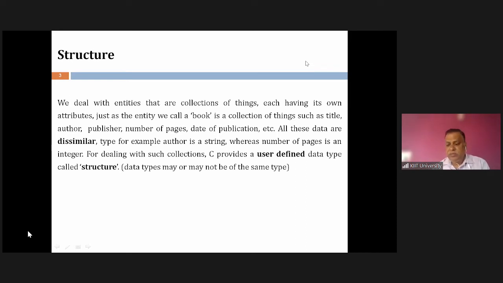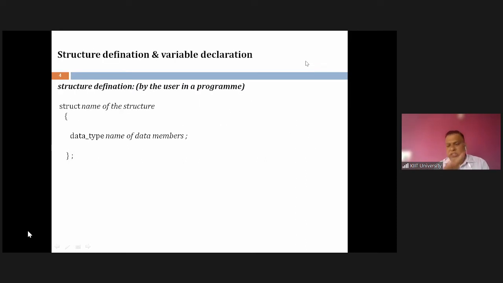So the whole definition will say how many bytes will be allocated and which data member will take how many bytes. So if we see the structure definition, it's basically a data type definition, right, on your copy. Structure definition means it's a data type definition, not a variable definition or declaration. I can declare a new data type. Always start with the reserved word struct.